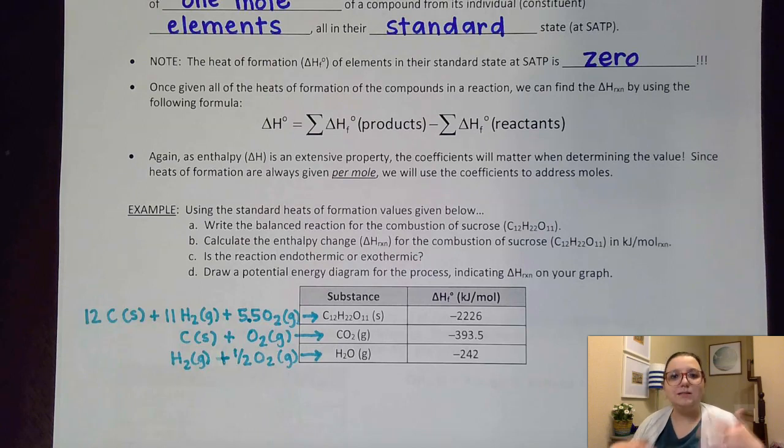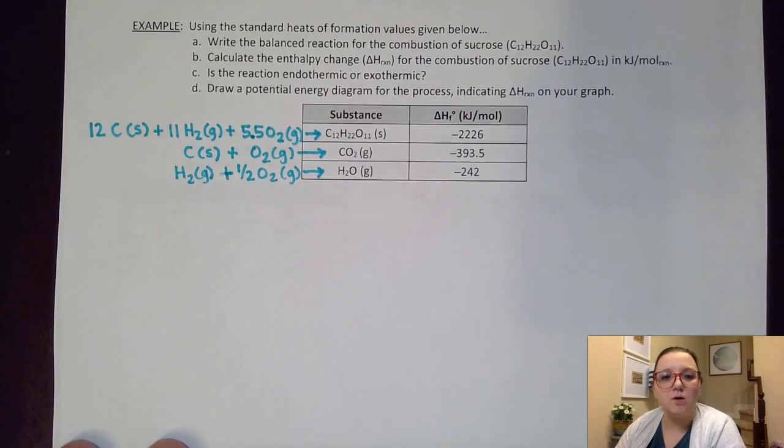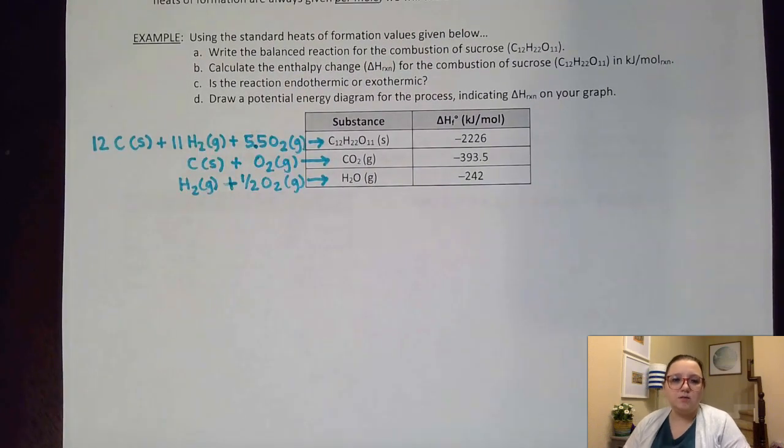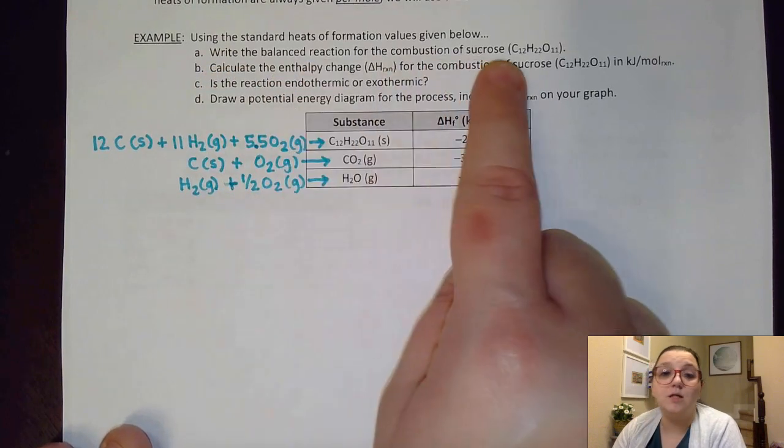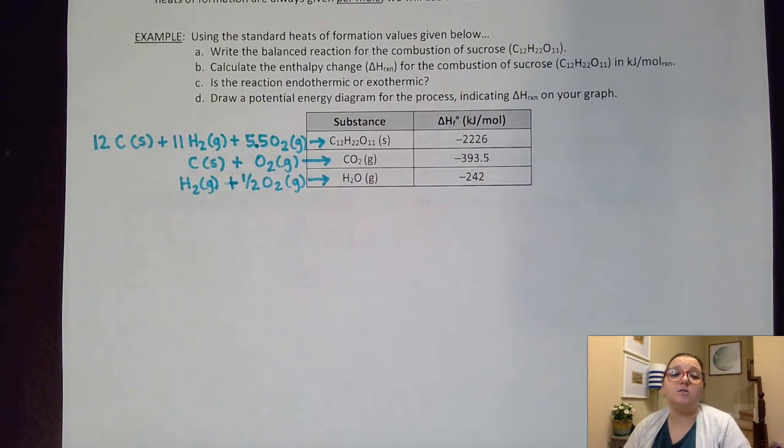So let's go ahead and see how we would do this in an actual problem. Most of the time, you're not required to write all of these reactions like we see here. We are simply going to calculate for the reaction that we're given, or the reaction that they tell me to write. Here, they want us to write the balanced reaction for the combustion of sucrose, and then we're going to calculate that reaction's value overall. So to start us off with the combustion, hopefully remember that combustions are plus O2